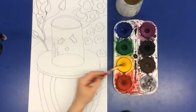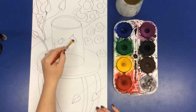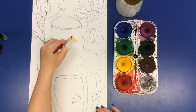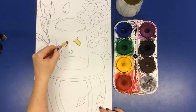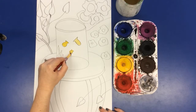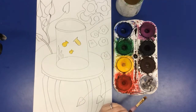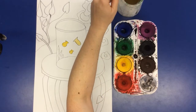The first thing you want to do is just grab a little bit of your yellow, and then you're going to paint your fish with the yellow. And we'll start with doing all three of our fish first. Just makes it easier. Don't worry if you go outside the lines a little bit. And then you rinse your brush, wipe,